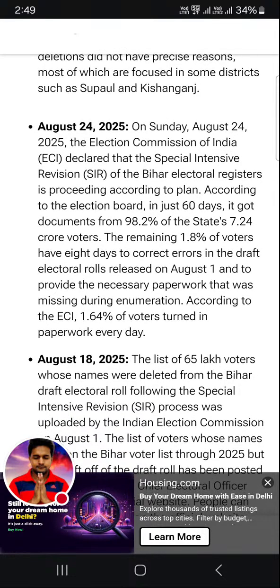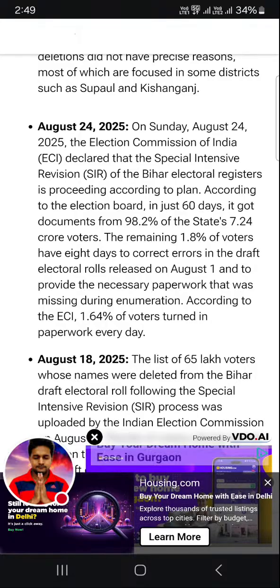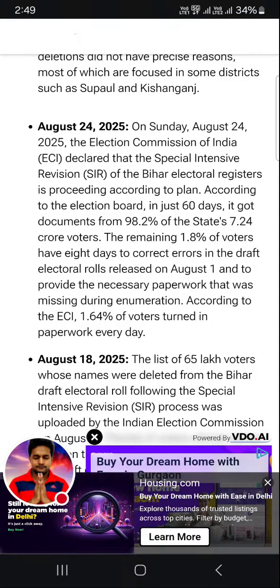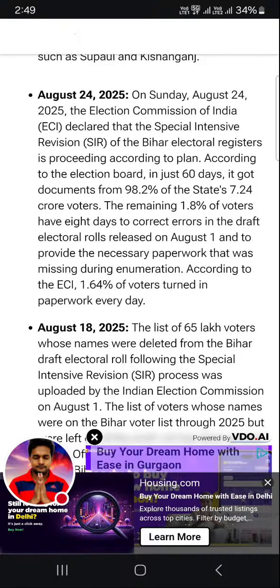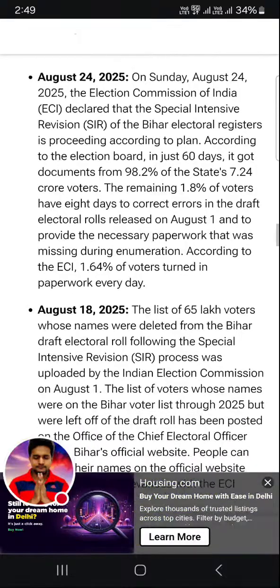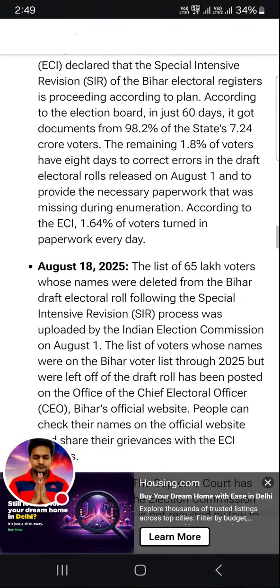The remaining 1.8% of voters have 8 days to correct errors in the draft electoral rolls released on August 1st and to provide the necessary paperwork that was missing during enumeration.